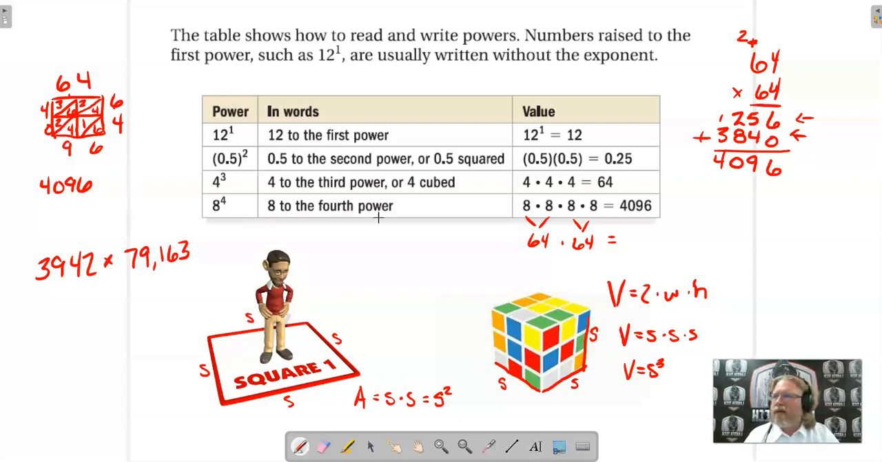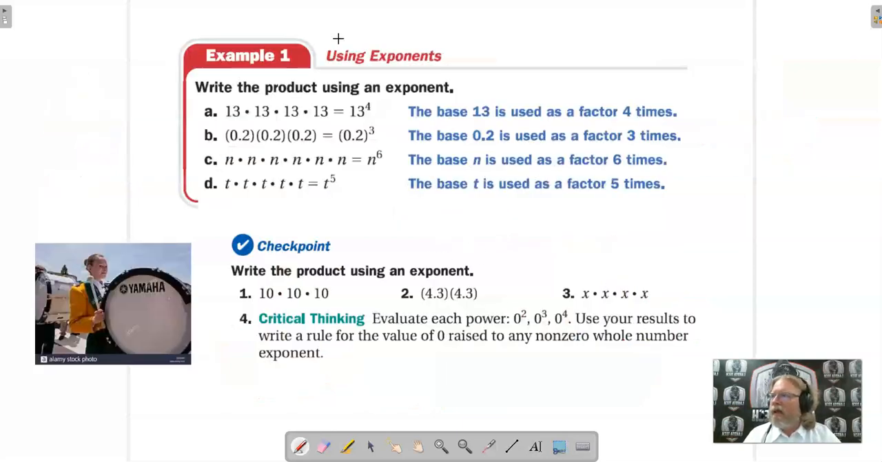So a little bit of bonus stuff there on multiplying numbers times each other without using a calculator. So on the next page here, example 1 says using exponents. And it says to write the product using exponent. Well, here we have a base of 13, and what shows up 4 times. So our base is 13, and our exponent is 4, and the base 13 is used as a factor